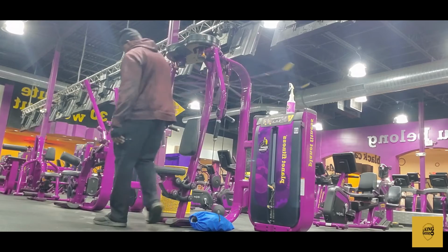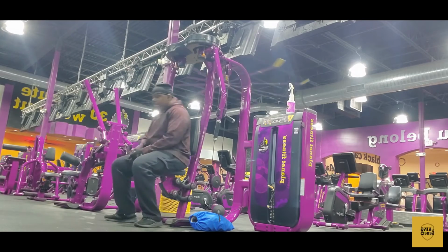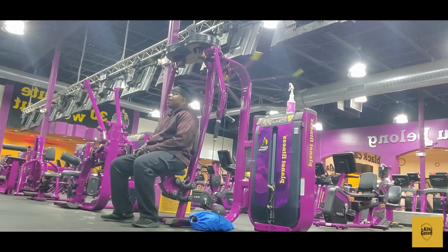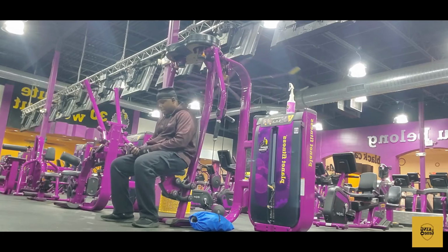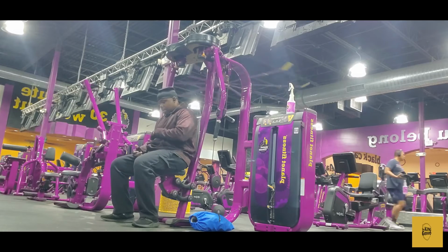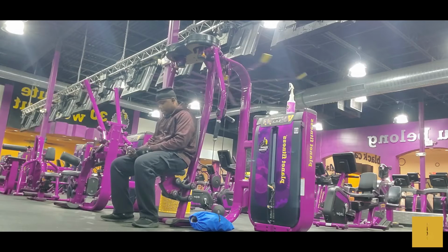If you notice, the way that I'm situated, my shoulders are parallel to the bars. Some people say that it should be slightly above where the handles are. Some people say it should be below, but I found that I really get a good burn when I'm parallel